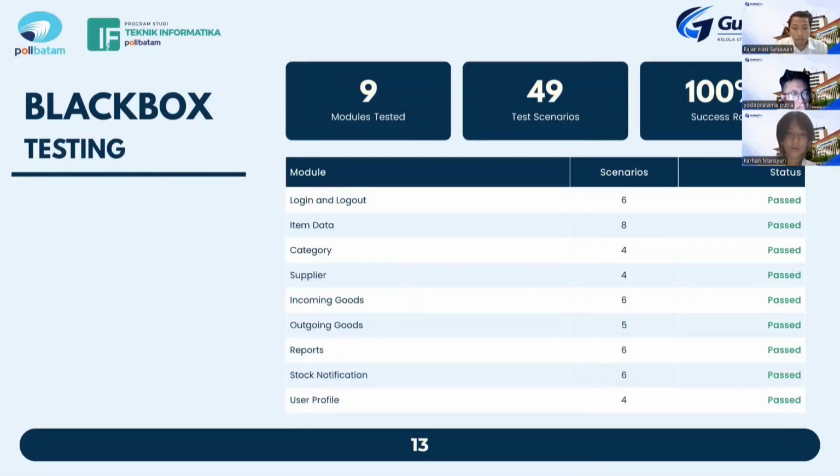Based on the results, we can conclude that the Gudang Pro application is functioning properly and is ready for use.